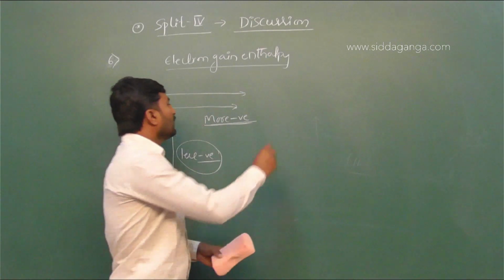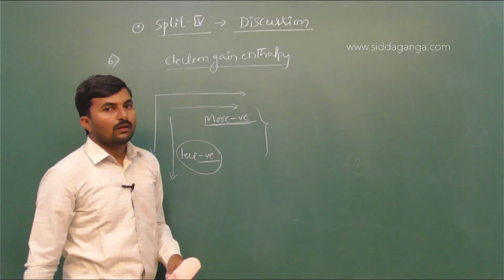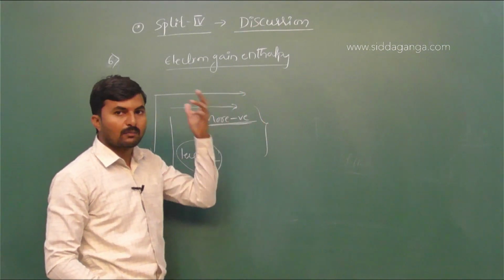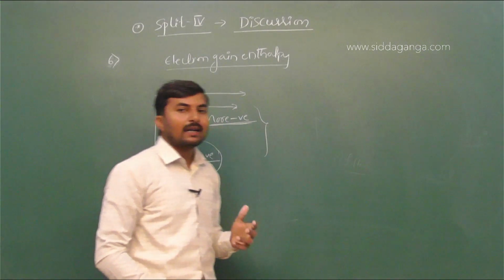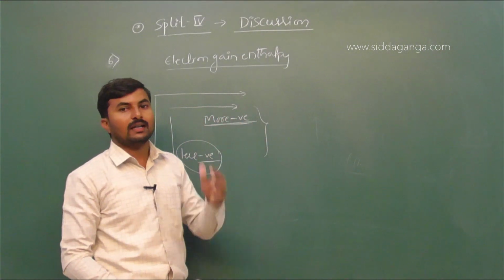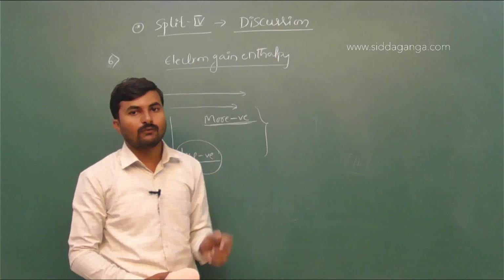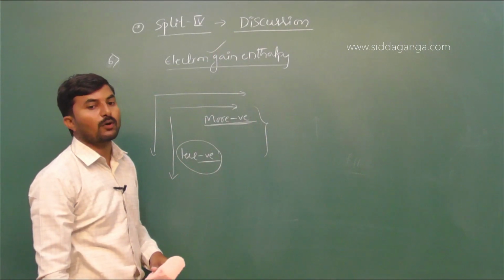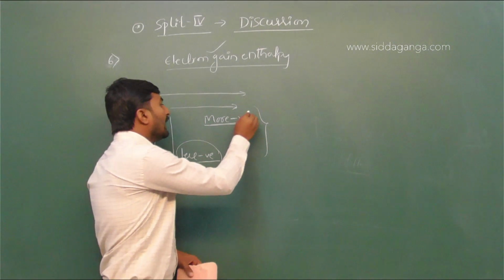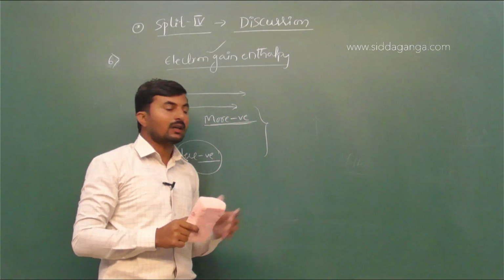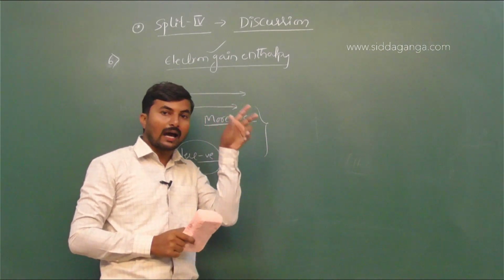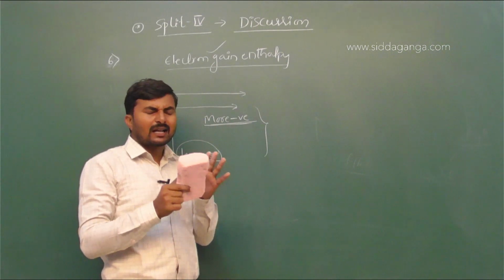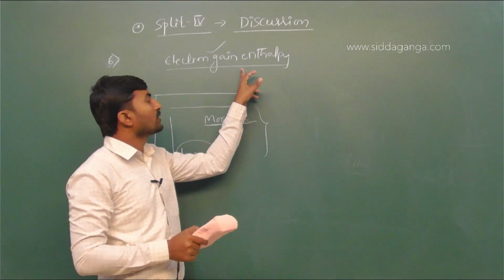Okay, and along with this, electron gain enthalpy is not always negative. It has some positive values also. When we add an electron to those already having completely filled or exactly half-filled electrons, in such cases electron gain enthalpies show positive values, as with the addition of an electron into a negative species. When adding electrons to a species that already has extra electrons, because of inter-electronic repulsive interactions, we get positive values.